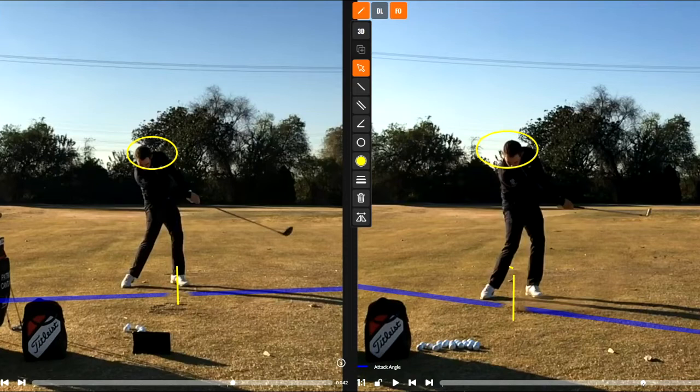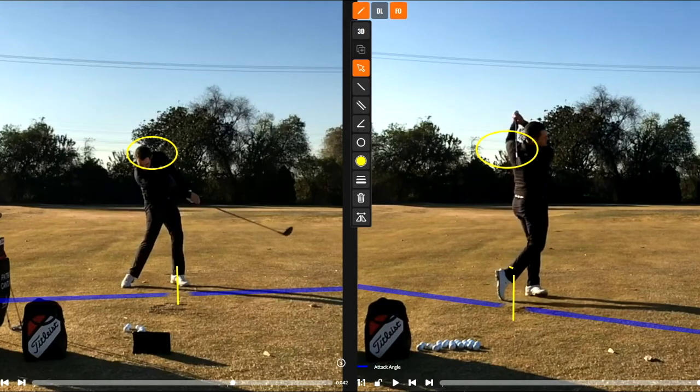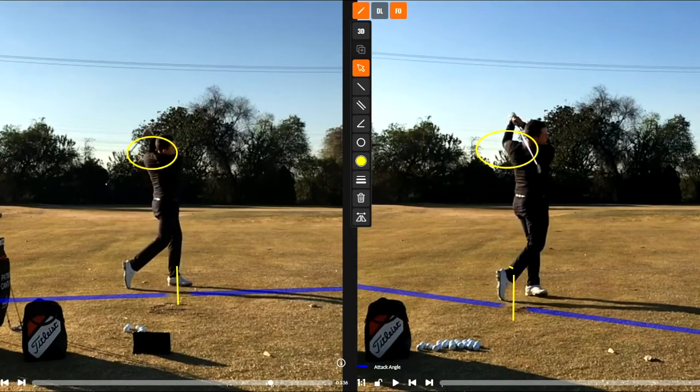And then from the finish position, a good balanced finish position, and those both look very similar to me. Right shoulder is closer to the target than the left shoulder. Belt buckle facing the target. Right knee in towards the left, almost kissing the left knee, up on the tippy toe of the right shoe. Good balanced position. If we go down the line,